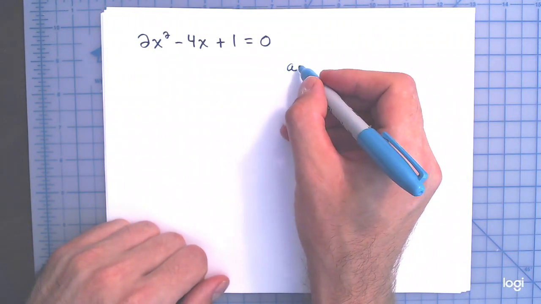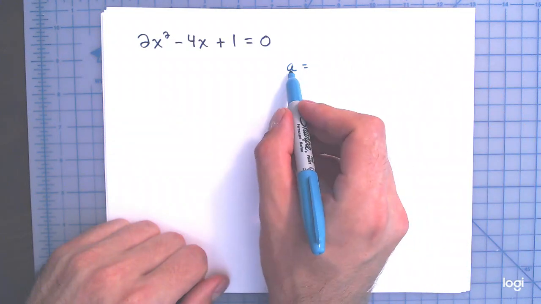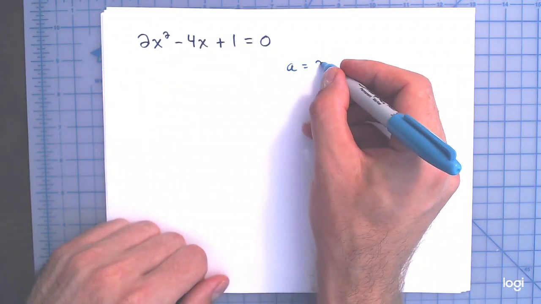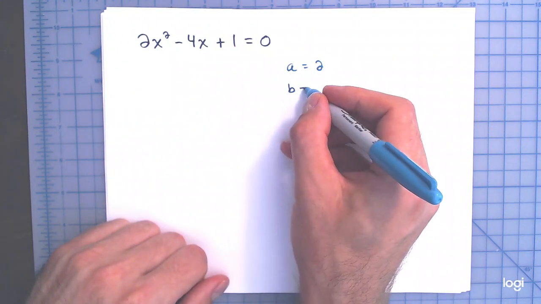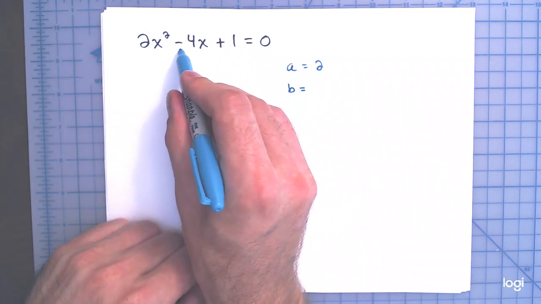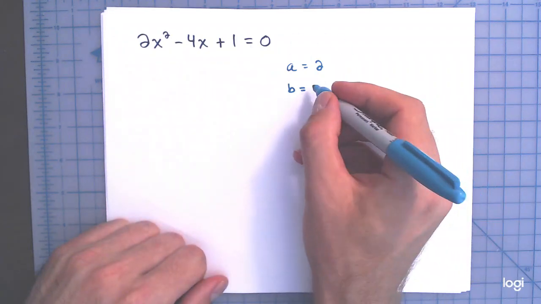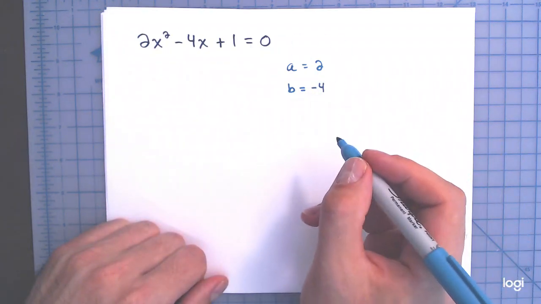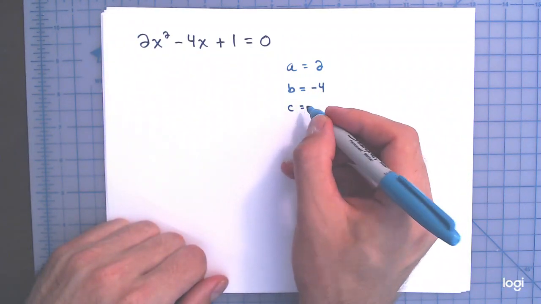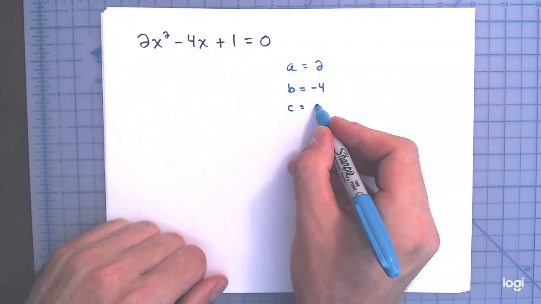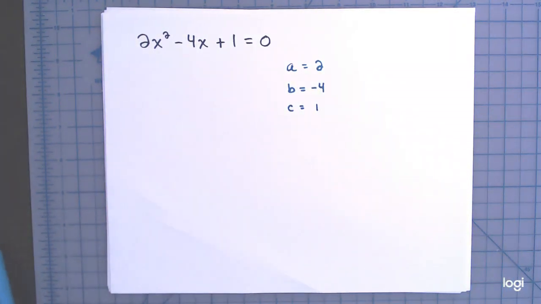Let me identify those coefficients. Right, the value of a is the positive 2. The value of b is negative 4. Don't forget the negative, because that's technically plus negative 4x. So the coefficient's negative 4. And the value of c is positive 1. All right. Then the discriminant,